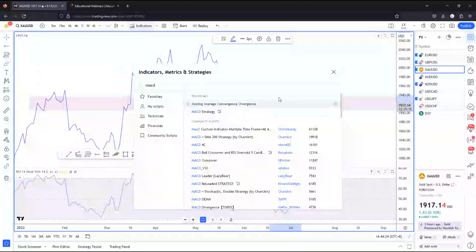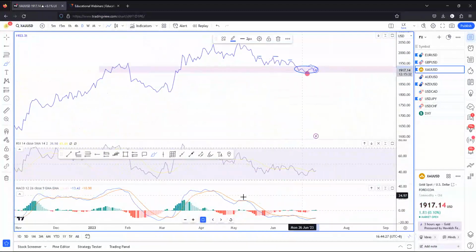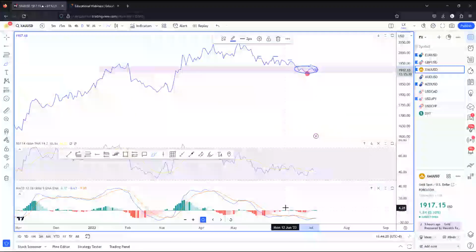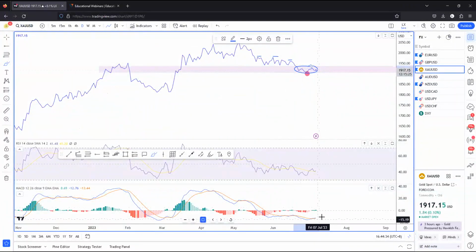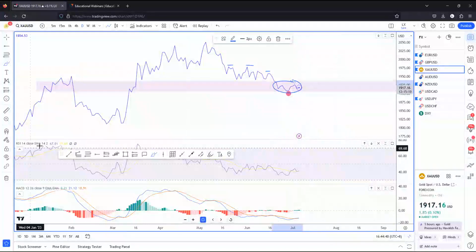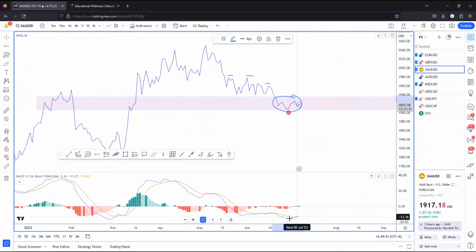If I were to bring up MACD, you can see that this itself is a technical indicator. For those of you who are not familiar with it, how it works is that when price is in the negative territory, usually this is a bearish signal. If we see a MACD crossover, there are two lines: an orange line and a blue line. The orange line is the signal line. The blue line is the MACD line. When the MACD line crosses above the signal line, it's a bullish signal, and vice versa. So in this example, if MACD crosses above 0, and if it holds above the signal